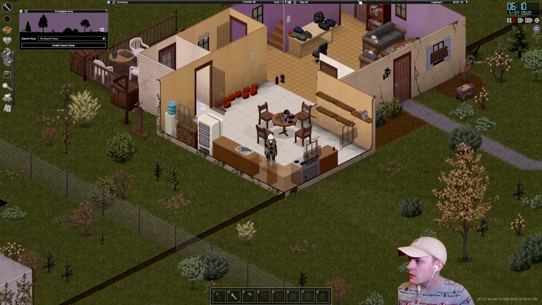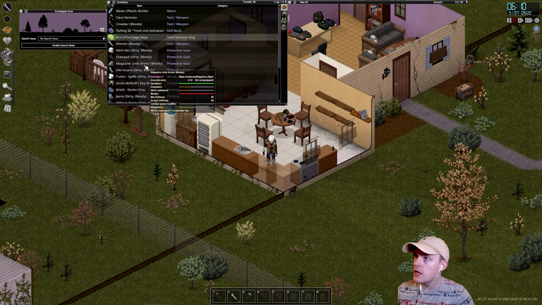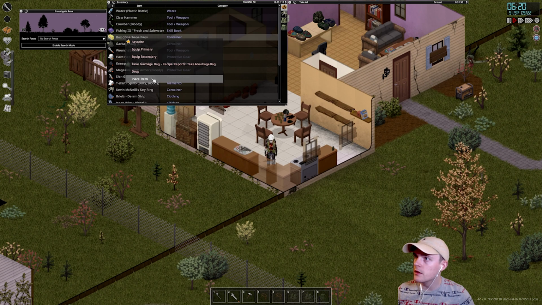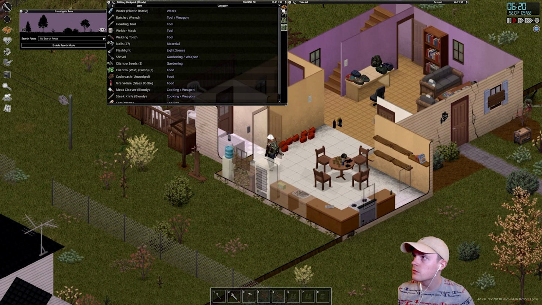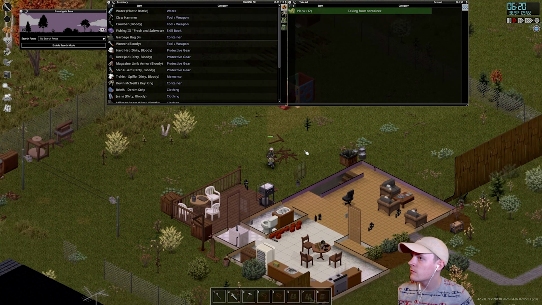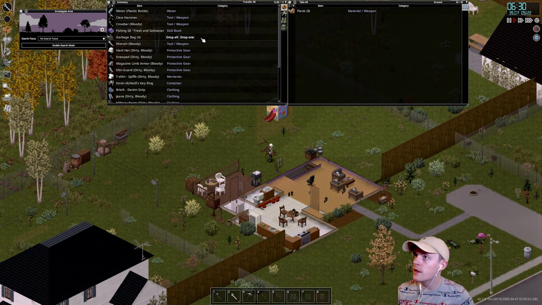We should... Yeah, we have some garbage bags. I'm gonna go ahead and grab 4 of you. And then let's go ahead and place you on the counter. Do we have nails on us? We do. Let's go ahead and grab 4 planks. And then